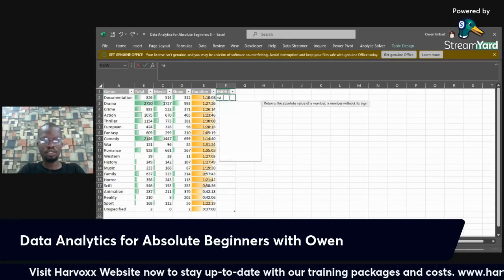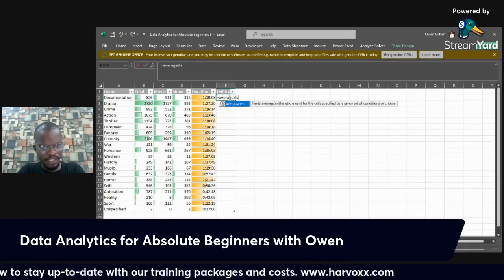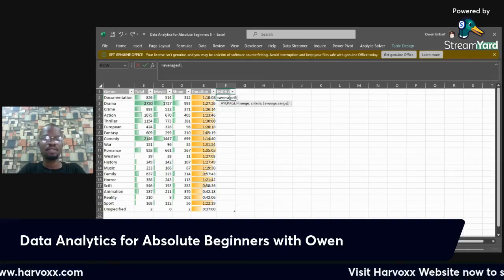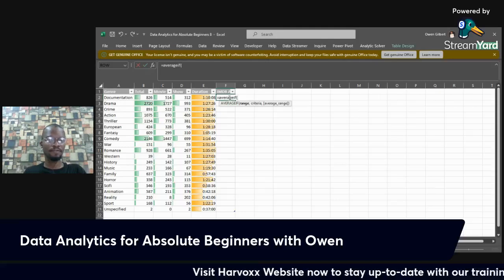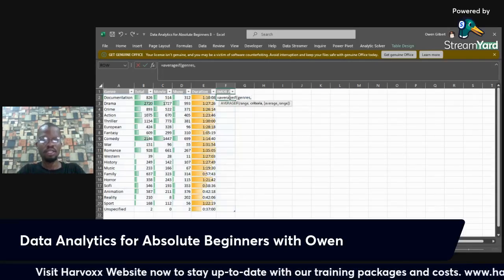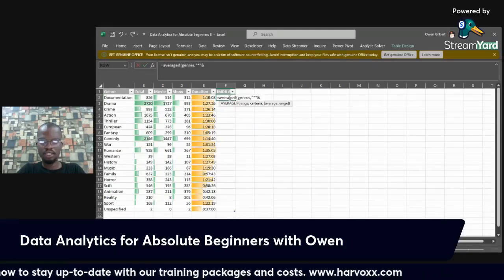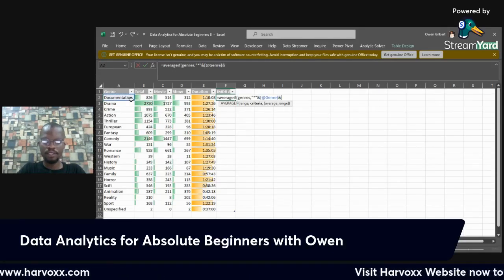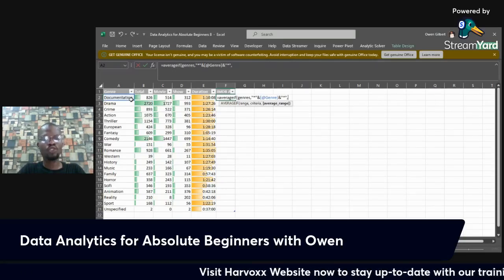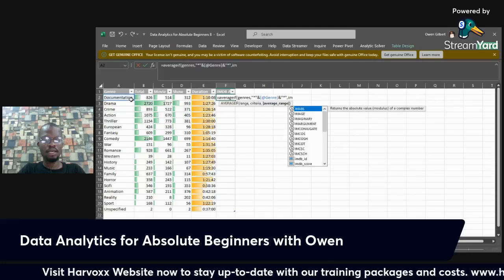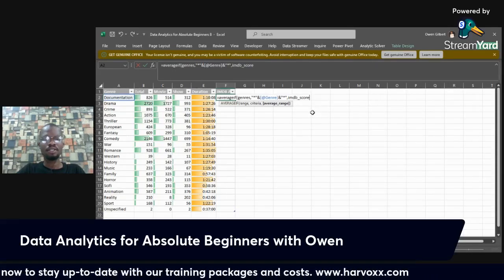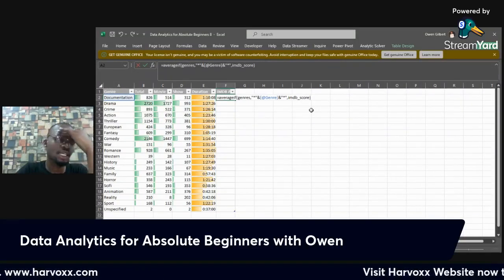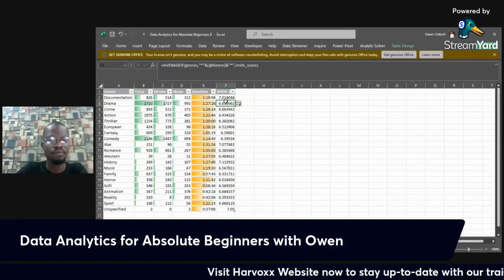So again, you're doing average if, and your range is genres and what you are looking for is this, and what you want to average is your IMDb score, which program type had the average best IMDb rating.